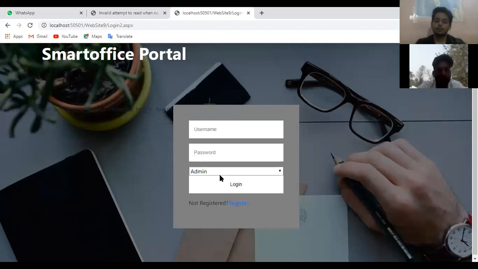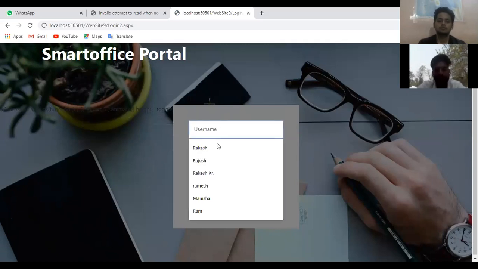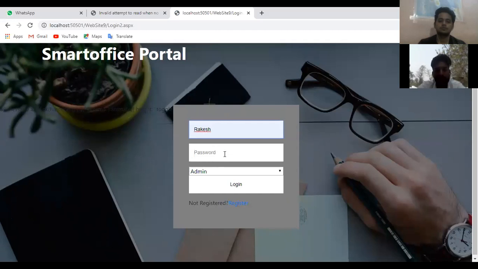It will automatically redirect you to the login page. We will log in as a user. Just click on the login button.